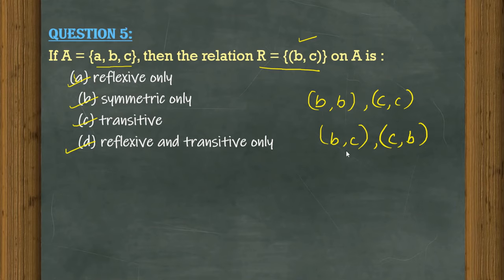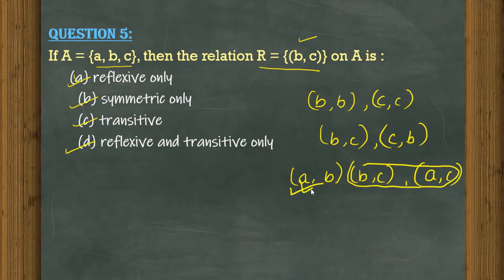Then next case is our transitive. Transitive में हमने एक बात नोट किया था: if AB and BC both are present, then AC should be present. अगर ये सेकंड ऑप्शन आएगा ही नहीं, सिर्फ फर्स्ट ऑप्शन ही रहेगा, तो क्या होगा हमारा? तो ट्रांजिटिव होगा. So here only one option is available, that is BC. उसके बाद C के साथ कोई ऑप्शन ही अवेलेबल नहीं है, so our answer is transitive. C will be our answer.